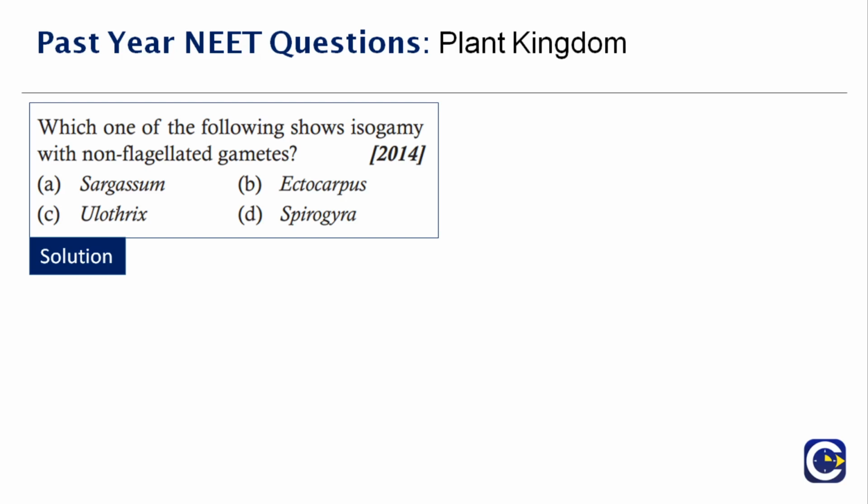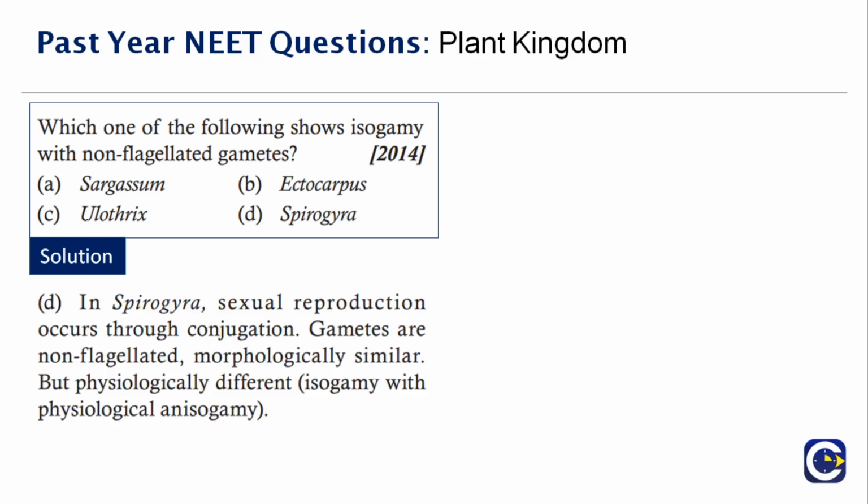Now, when we talk about anisogamy, it is where the gametes will be of dissimilar size, fusion of gametes of dissimilar size. And oogamy is a fusion of large immotile female gametes with small motile male gametes. Here also it's dissimilar size and it's totally different when compared to anisogamy. Therefore, the correct answer to this question is option